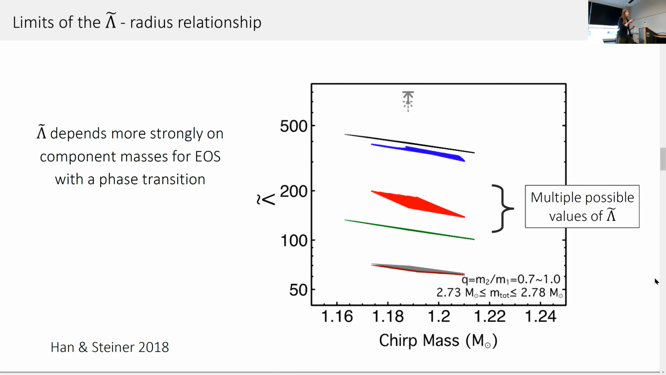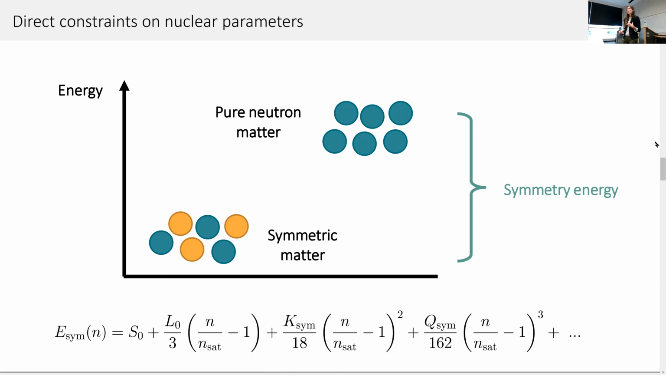So we have now a constraint on the neutron star stellar structure using the radius as a proxy. But we can also ask ourselves if there's a way to more directly constrain fundamental nuclear parameters. In particular, I'm going to mention the nuclear symmetry energy. This is just a cartoon version to remind you all that the symmetry energy is defined as the difference